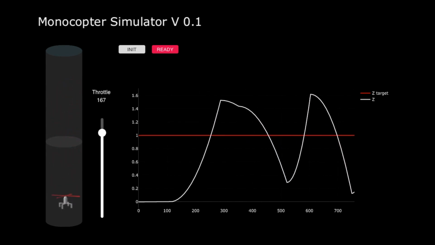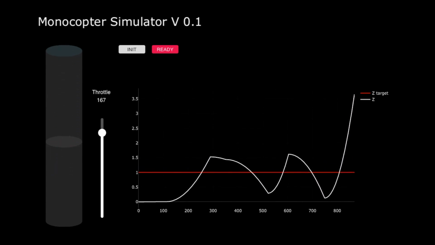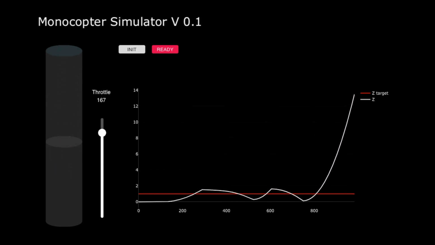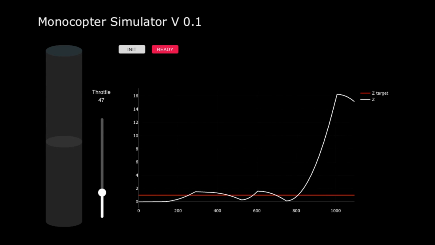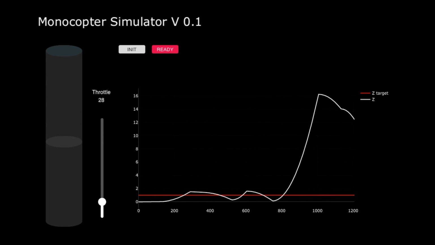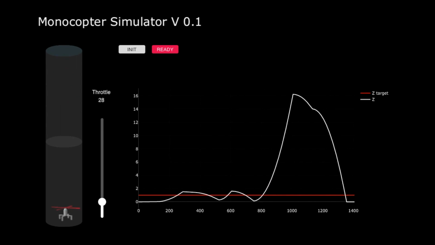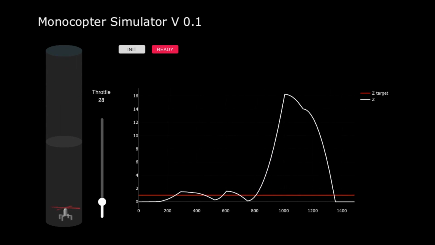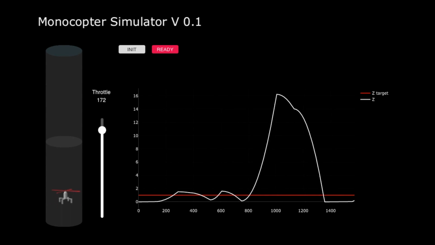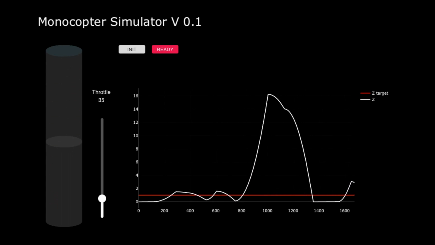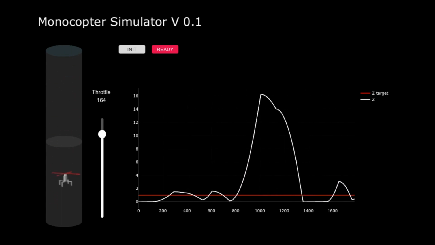If you slide up the throttle key excessively, the drone will pass the target and fly far from it. You should decrease the thrust. If you slide down the throttle too much, in this case, the drone falls so fast and may plummet to the ground. With excessive throttle key handling, you will never get hovering at the desired position.